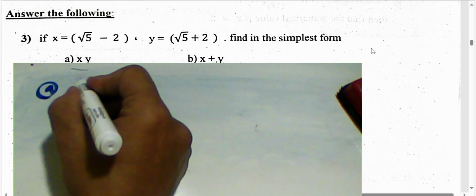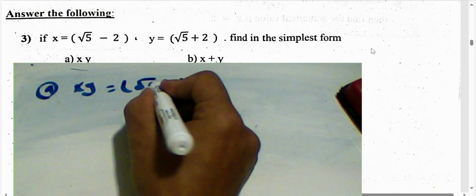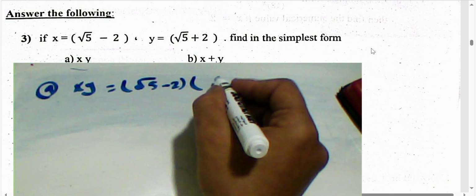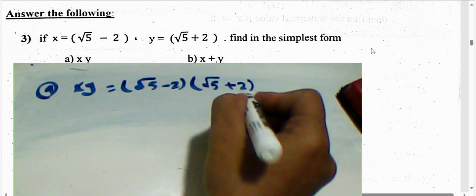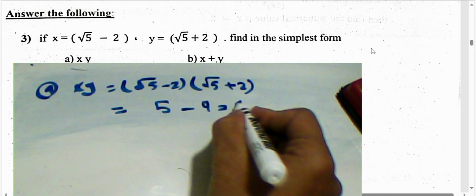We have x and y. We want to find x times y. The value of x is root 5 minus 2, times y, root 5 plus 2. Root 5 times root 5 is 5, and negative 2 times 2 is negative 4. 5 minus 4 equals 1. Letter B,